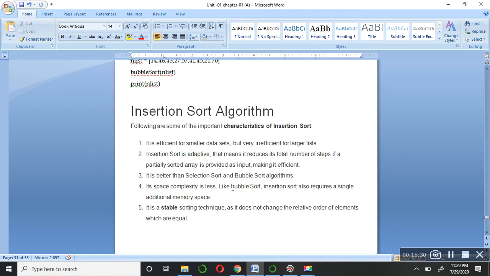If we apply bubble sort on 5, 8, 10 elements, we can hardly calculate the time. But just think about the elements if they are in lakhs, or maybe 1,000, 10,000, 50,000. At that time bubble sort is definitely not an appropriate solution for sorting. So for such things we have another solution, insertion sort.